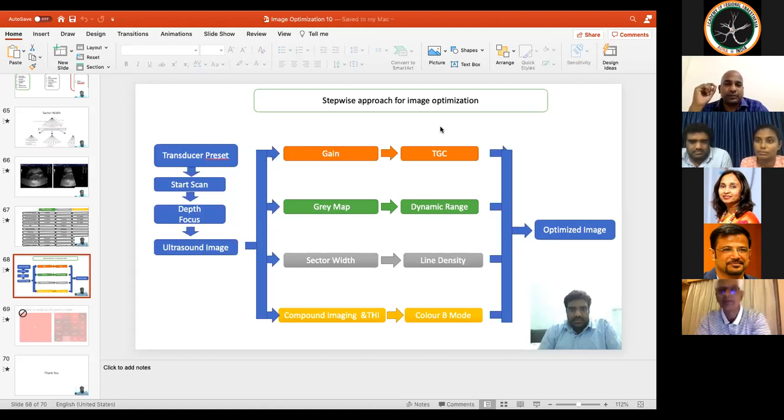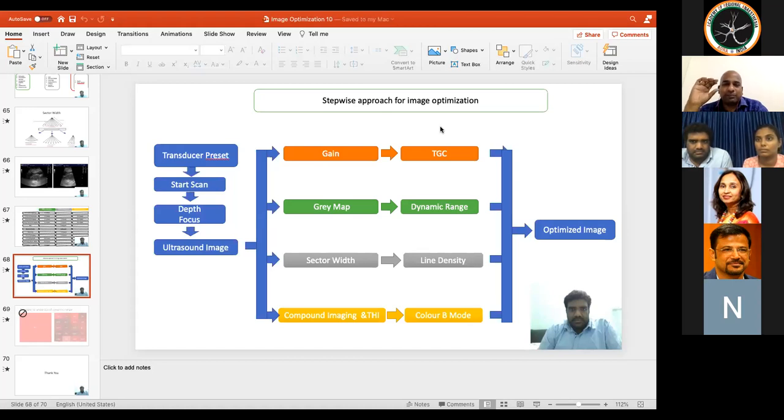The purpose of PART maneuver is that we have to hit our target at 90 degrees, that is, get our angle of insonation close to 90 degrees. So this is the first take-home message. PART maneuver is the key for an optimal image. That optimizes 80% of our job. And then the second thing that you have to remember is, once you get an image onto the screen, the other 10% will be optimized by appropriate probe selection and then choosing an appropriate preset. So if you do these two things, the remaining 10% of optimization is over.